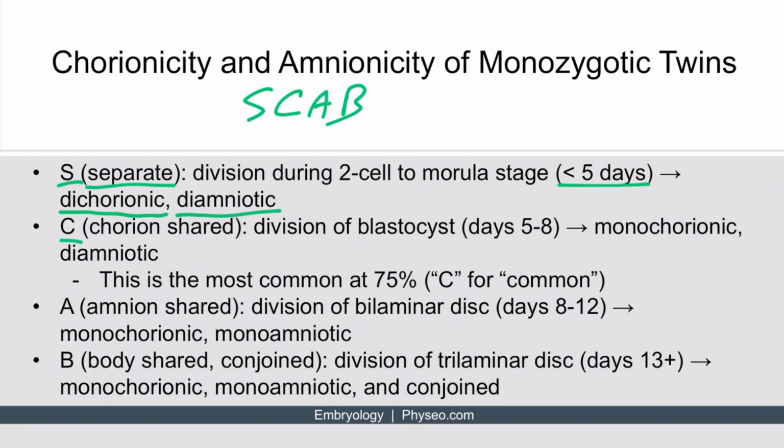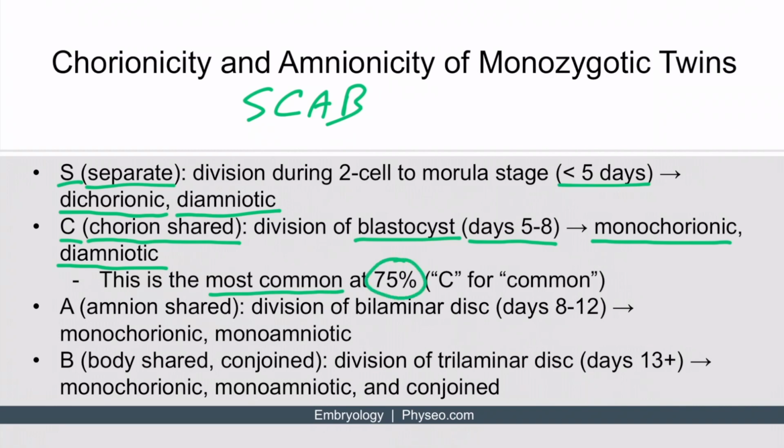And C indicates that the chorion is shared. And this occurs because there's division of the blastocyst stage, which is generally accepted as days 5 to 8. And the trophoblast is formed by this stage, so the twins will be monochorionic. But the amnion is not formed, so they will be diamniotic. Now, it's very important to know that this is the most common type of monozygotic twinning, and it occurs 75%